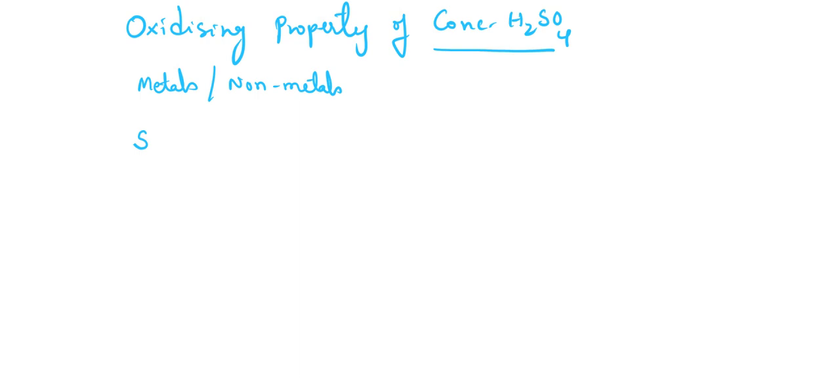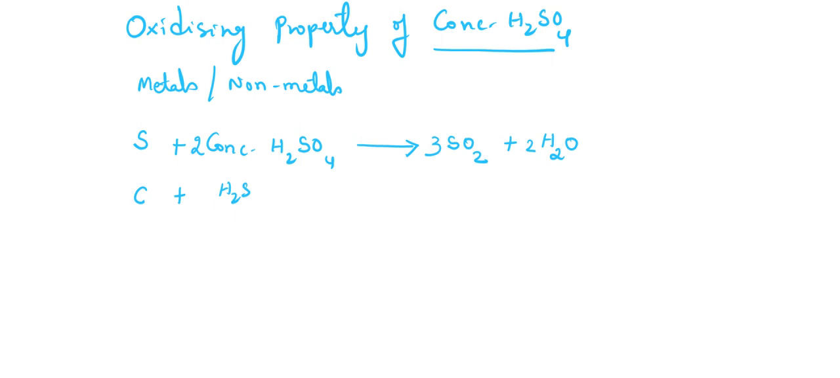Take sulfur, which is a non-metal, and add concentrated sulfuric acid. Now sulfur oxidizes to form sulfur dioxide gas and water. Balance the equation. Here 2, 3 and 2. Similarly, the non-metal carbon, if you take